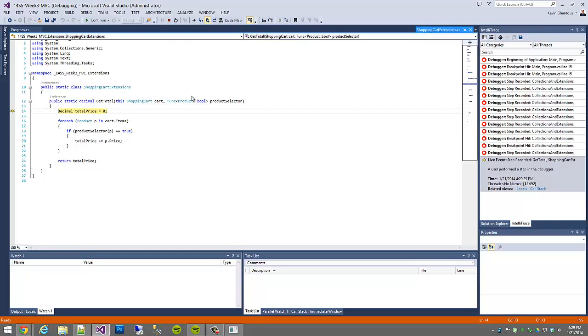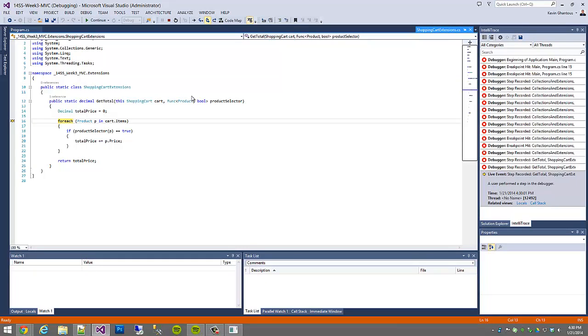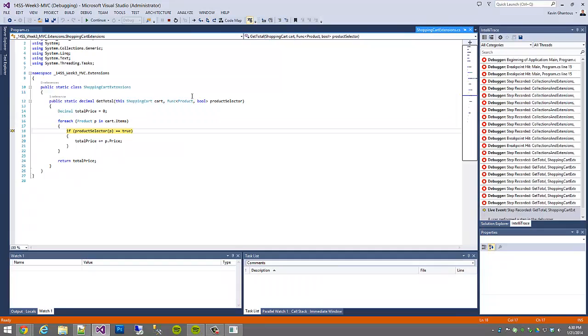So I'm going to go ahead and step over into my for loop, and I'm going to step to this if statement. So what it's saying now is product selector P equals true. So it's looking for when the product selector returns true. So P is one of the products out of the cart from cart.items. I'm then going to step into product selector,